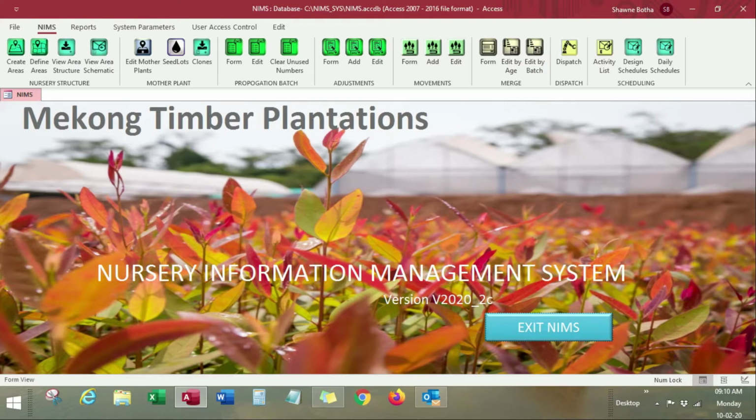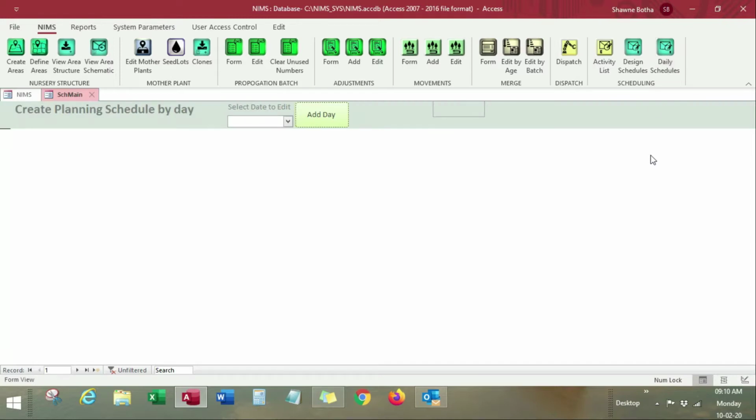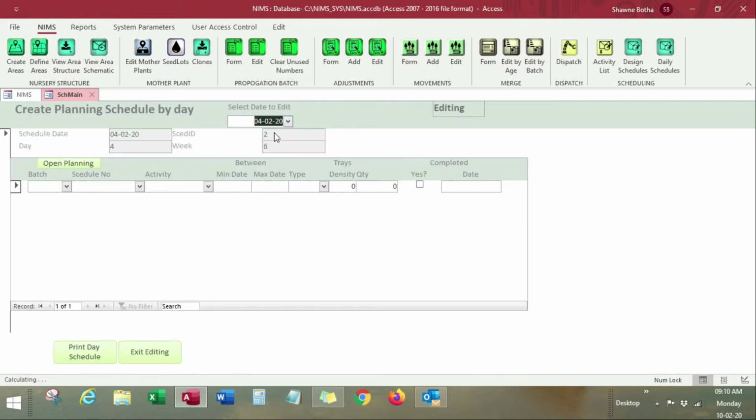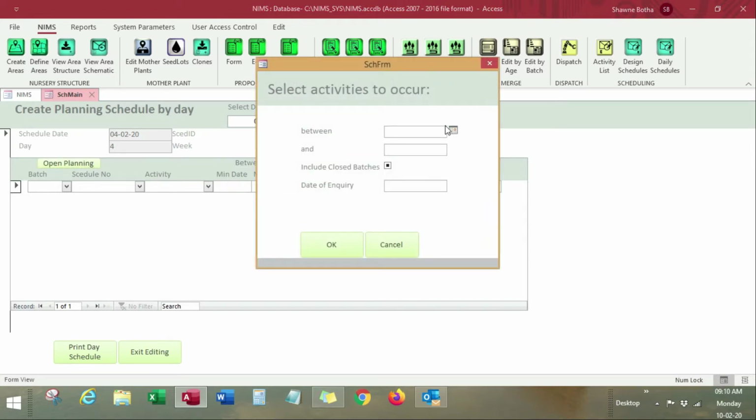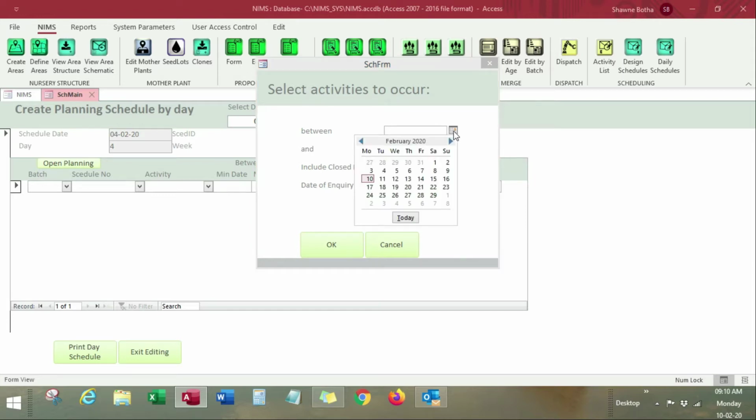basis. So everything actually happens under daily schedules, okay? When we open daily schedules, we notice we can either select a historic day or we can add a day. In this case, let's use the 4th. I have already created that. And if you remember, we set up the schedule. So what actually happens now is we're going to assign the schedules to a day's